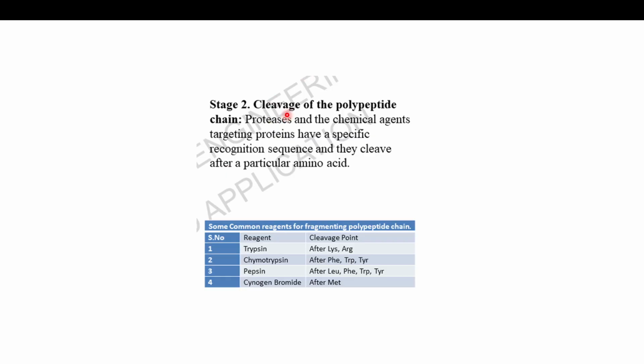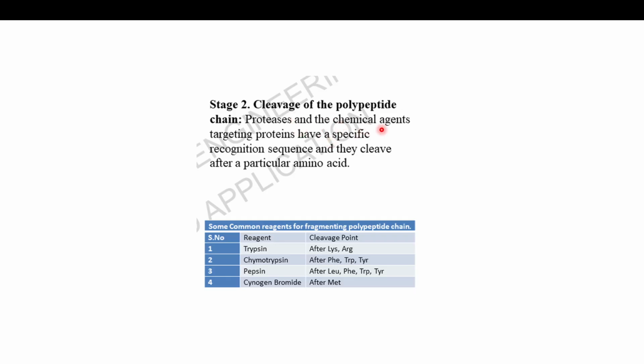Next is how you do DNA sequencing. You basically want to sequence a particular stretch of DNA, let's suppose 200 bases long. You chop it into multiple fragments, right? Similarly, you have to cleave a long polypeptide chain, long amino acid sequences. And how do you cleave that? For DNA fragments, we use DNases, mainly different kinds of nucleases. And similarly, for a polypeptide chain, it will be proteases,